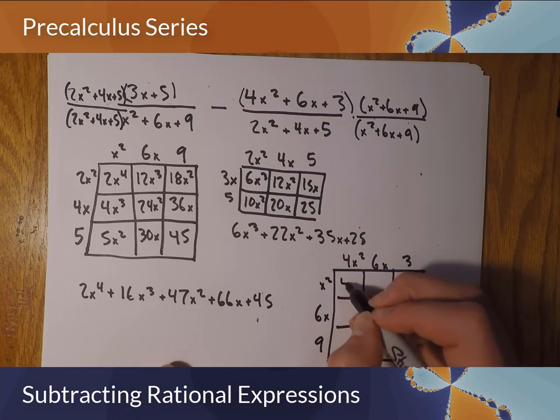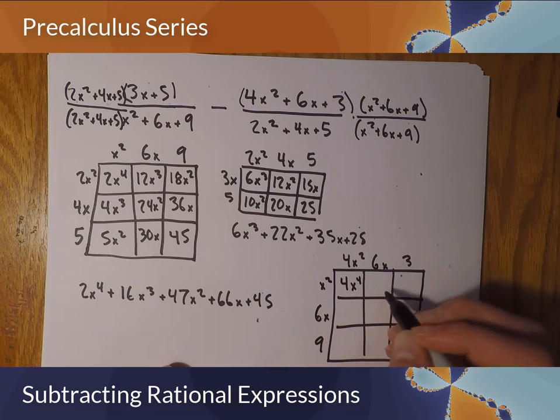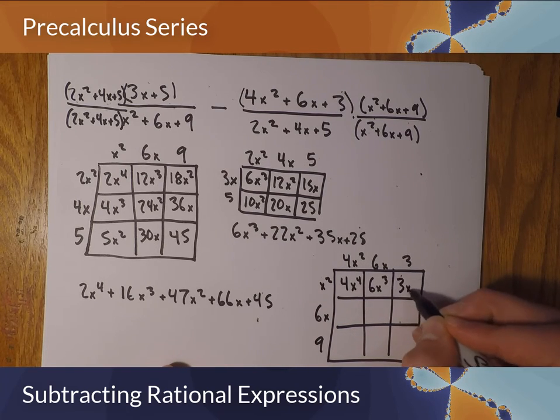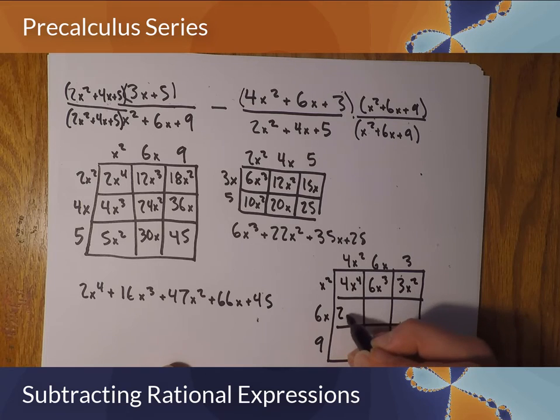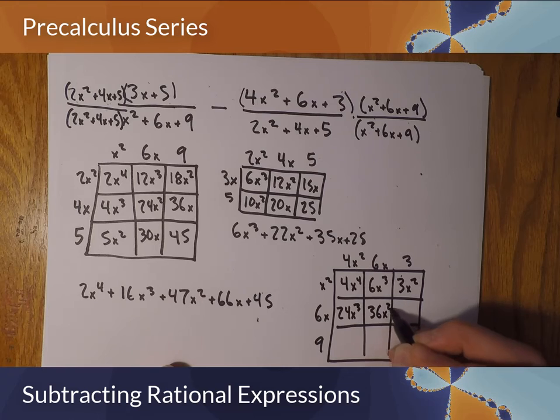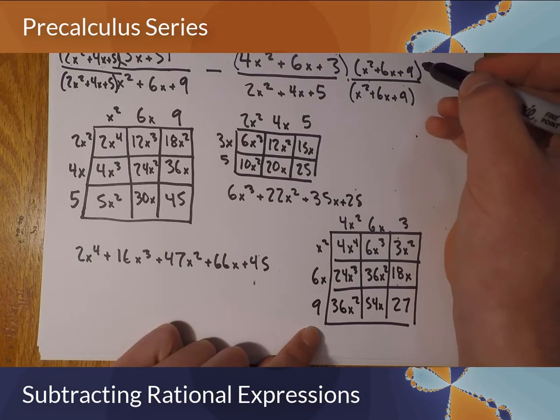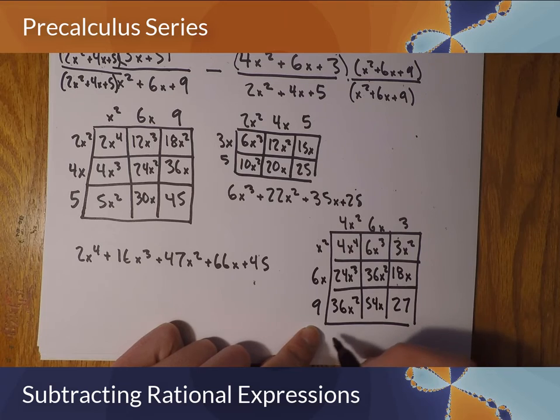So that gives us 4x to the fourth, 6x cubed, 3x squared, 24x cubed, 36x squared, 18x, 54x, 36x squared, and 27. So the numerator on the right side will be